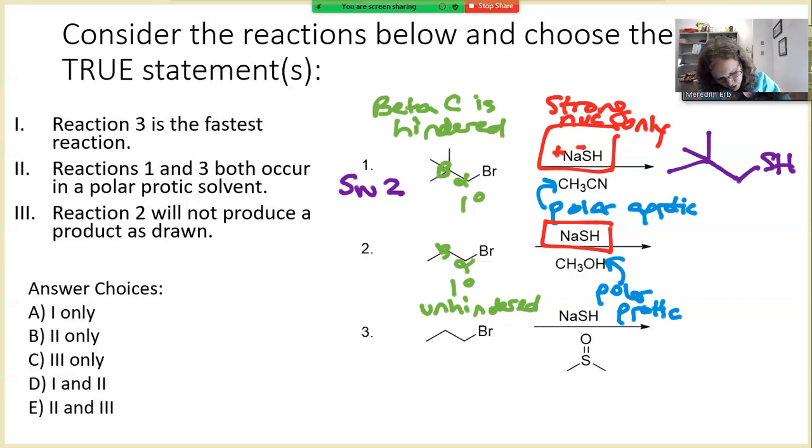So this reaction is also going to be SN2. Again, a primary substrate, a strong nucleophile only. Both of those two factors strongly suggest that we are going to see SN2 occurring. So this would be our product there. Solvent is a very minor factor. So it's much more important that you have an appropriate nucleophile and an appropriate substrate in order for SN2 to occur. The third reaction has the same substrate, primary, unhindered,